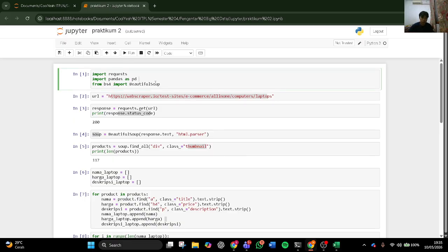Okay, in the first cell I import three libraries. The first one is requests, that is to send an HTTP request to the website, just like opening a web page in a browser. And the second one is pandas. Pandas is used to organize and save the scraped data into a table or CSV file. And lastly is BeautifulSoup from bs4. This is used to parse and read the HTML structure of the web page so we can find the specific